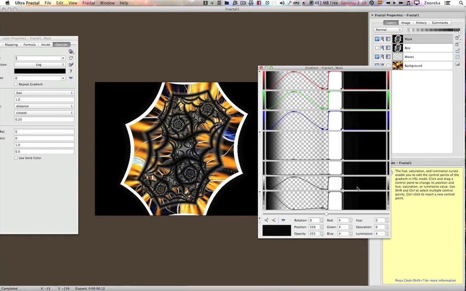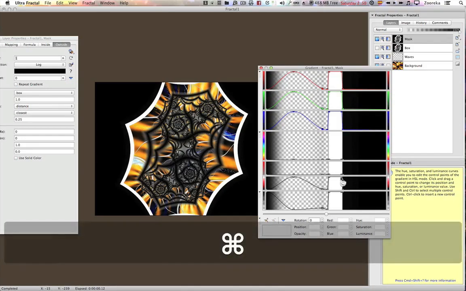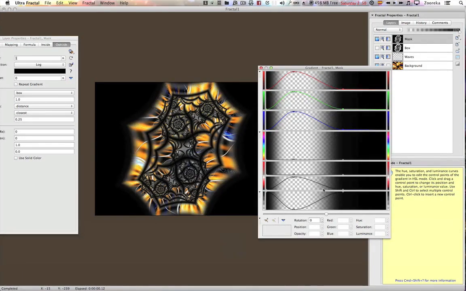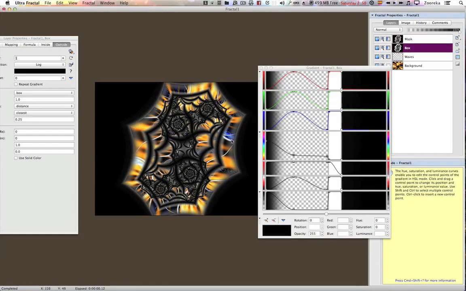So what I want to get rid of is, okay, command click. Okay, not that one. These two. Okay, till I'm left basically with a gradient. Let's just bring back the background. Still not quite. Okay, I'm bringing back the original box for a minute, because I want to be able to see this